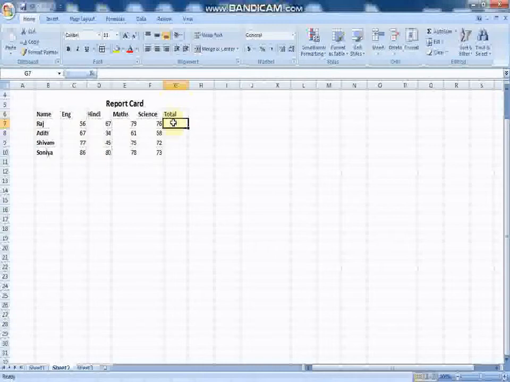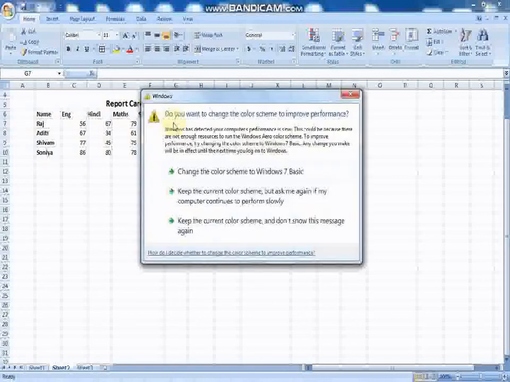In Excel you do not need to do calculations on your own, we will not write 56 plus 67 plus 79 plus 76. The computer, means Excel, does not understand this. The computer only understands the cell name, the cell reference.